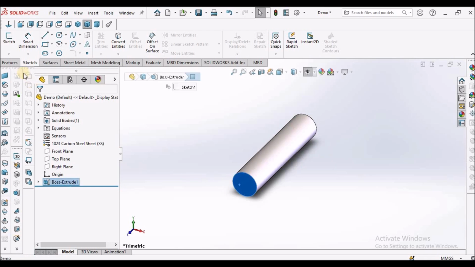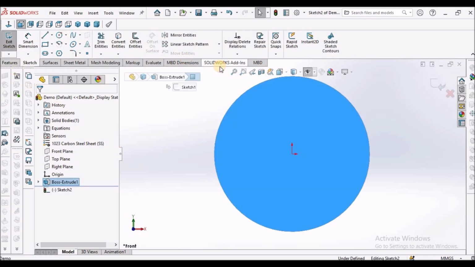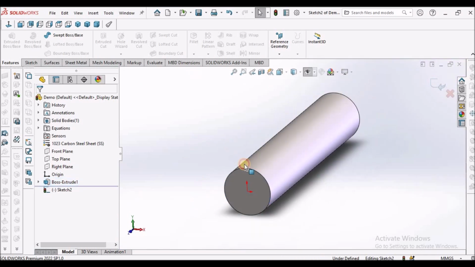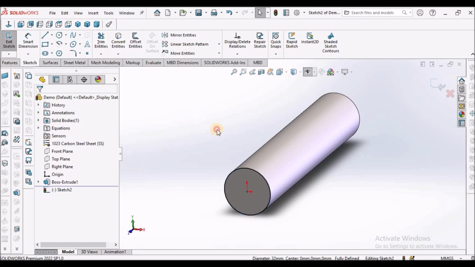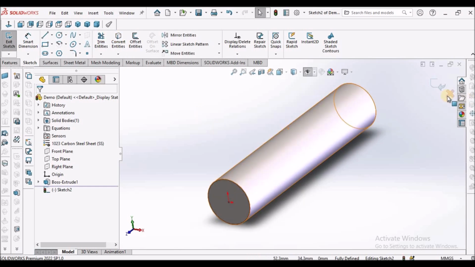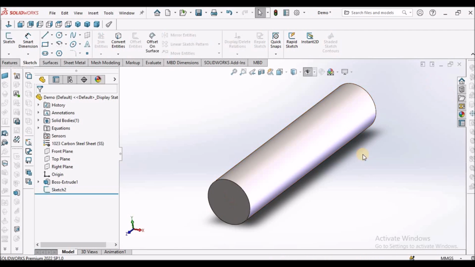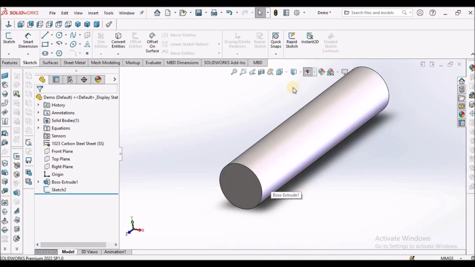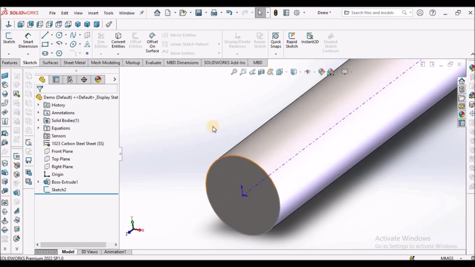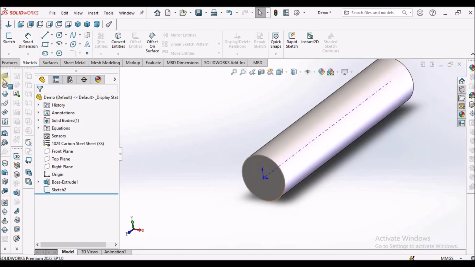Select this face, go to sketch and select this edge and convert entity. So this is the sketch. So you can see the sketch now. So using this sketch I am going to create